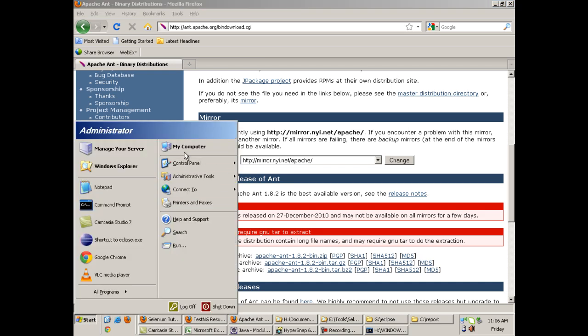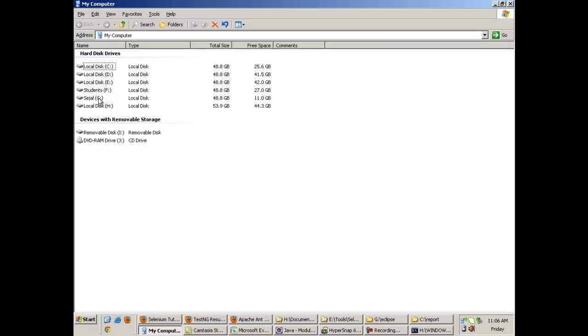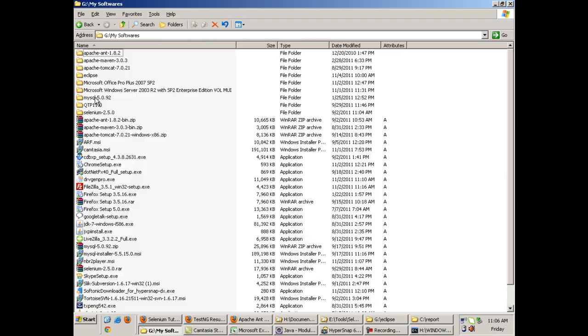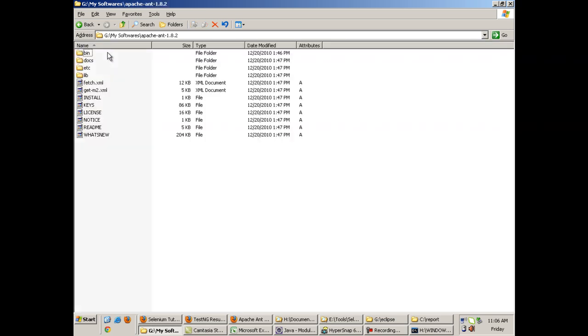Wait a minute, let me show you where I have got the zip file. I have the zip file in G drive. When I extracted the Apache Ant zip file, I extracted it into this folder. Open this folder and copy the path of this folder.